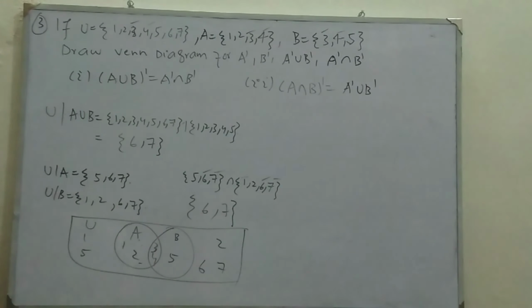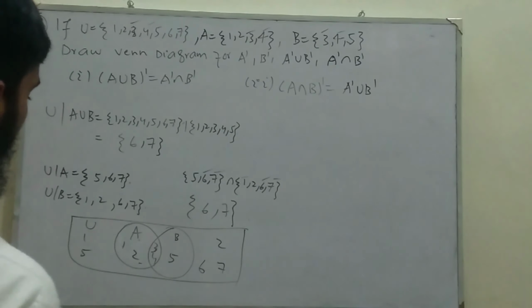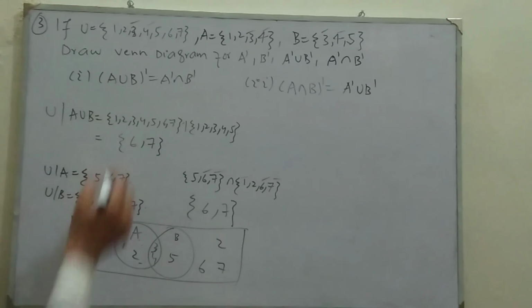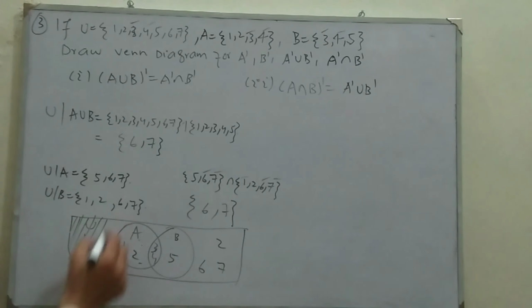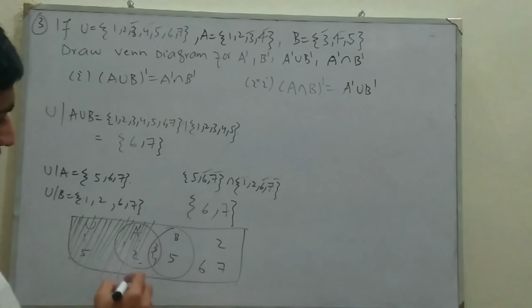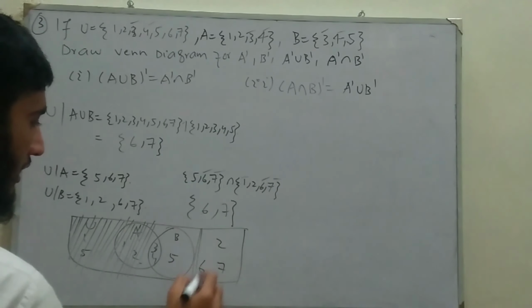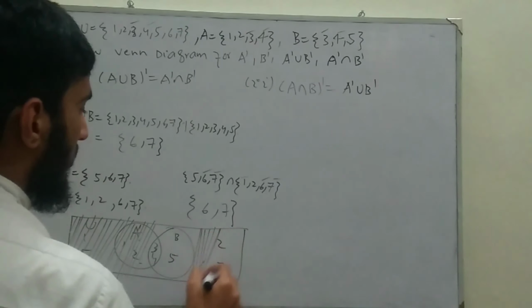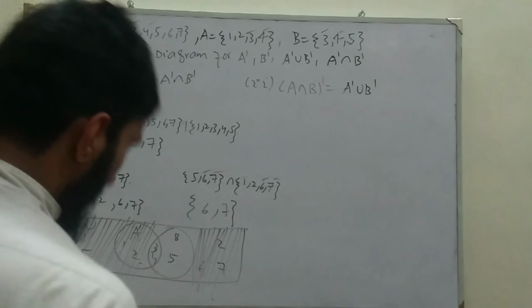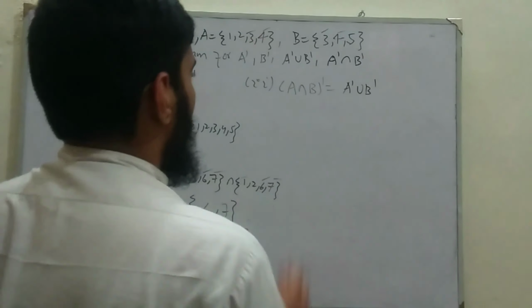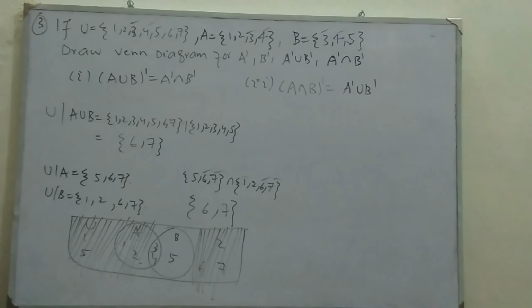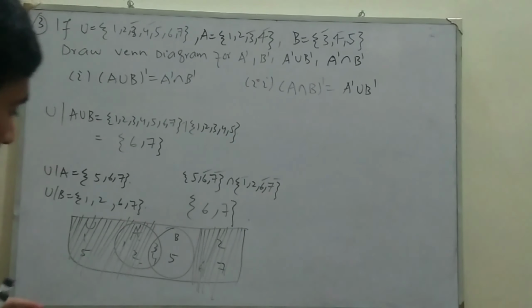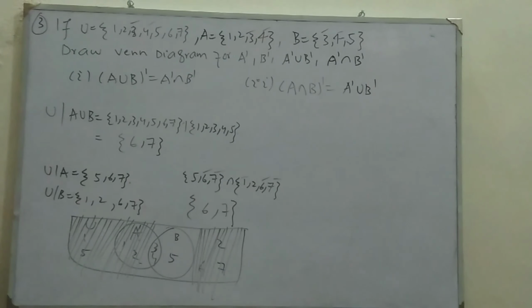Now the drawing will be just like this. Here is a union, so that's why the shading will be just like this. We will not shade the common area, which is 3, 4, and shade the whole area. So this is the result in the Venn diagram. You can solve this part with the same method, but the shading will be different: we will not shade A and B, and we will shade the whole area outside A and B in this part.